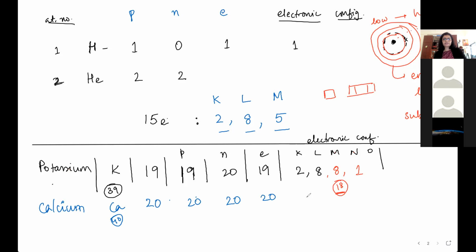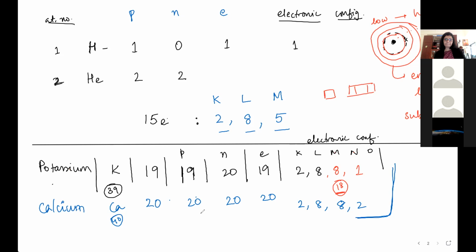Now what will its electronic configuration be? Ma'am, is it 2882? That is correct. So only for potassium and calcium it's like this. For the future elements, after 2882, it will fill like 2892, 2810. But don't worry about it. Just know that only for potassium and calcium you need to remember this weird anomaly. Up to argon it's pretty straightforward: just 2, 8, and whatever is remaining, fill it up over here. That's it.